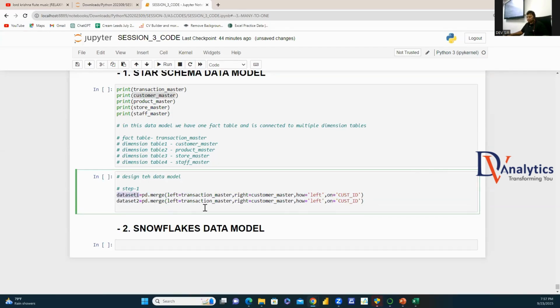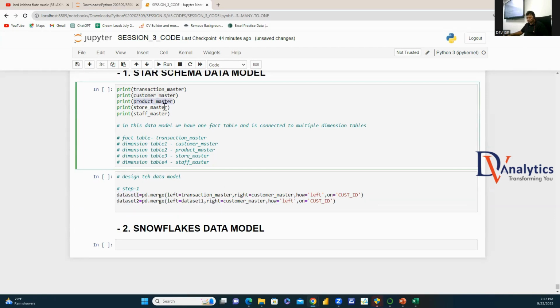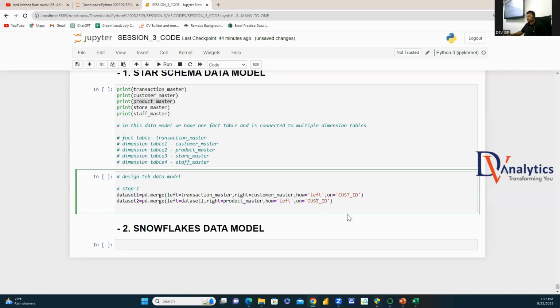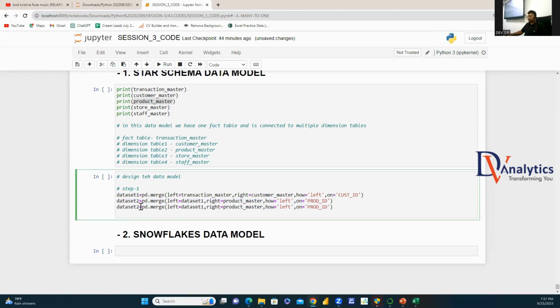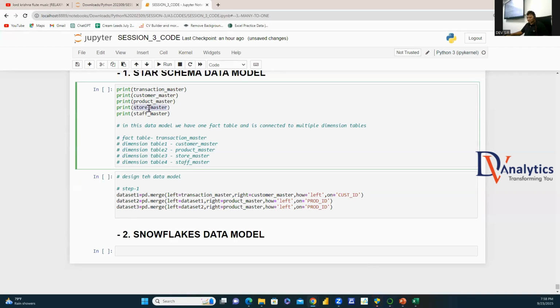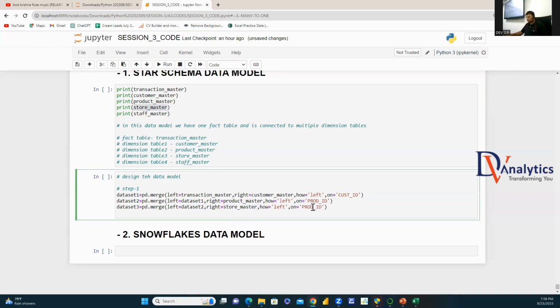You will say dataset 1 has to merge with what? And what is the common field in this? It is going to be prod ID. Right. Now how do we go for dataset 3? What do you need? Okay, what do you do with dataset 3 here? Again, you take it and you will join by what? What is the common field here? Right. Then